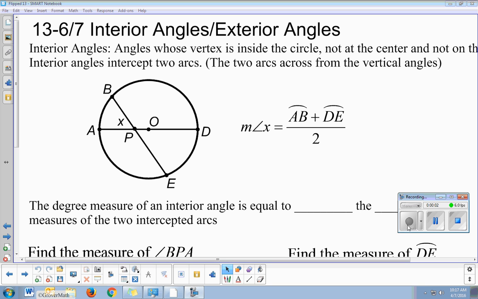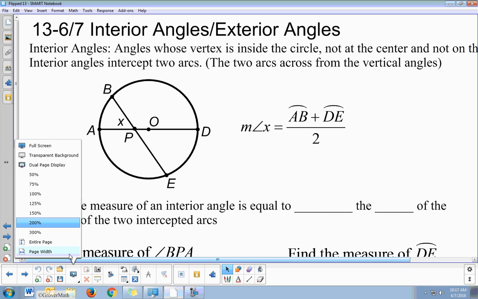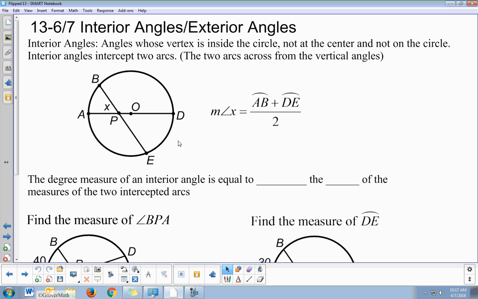Geometry, Unit 13, Section 6 and 7. Section 6 is interior angles, and Section 7 is exterior angles. Both, we're talking about circles here. So, for interior angles, what we're talking about in this angle X that's shown here in this circle O,